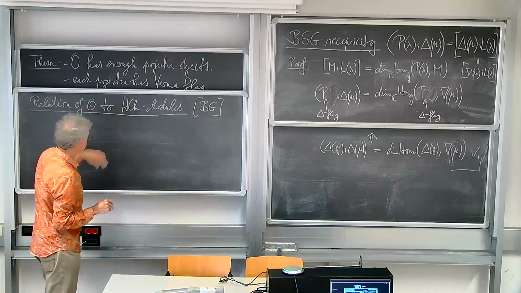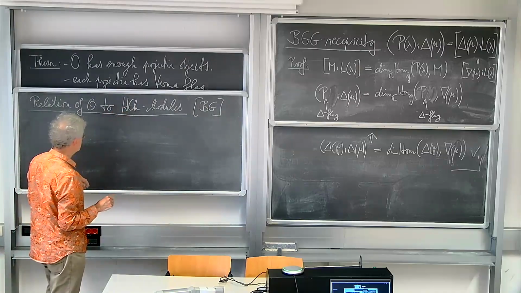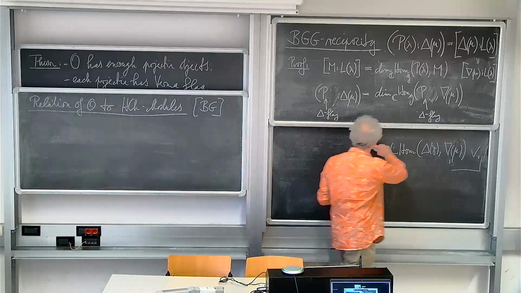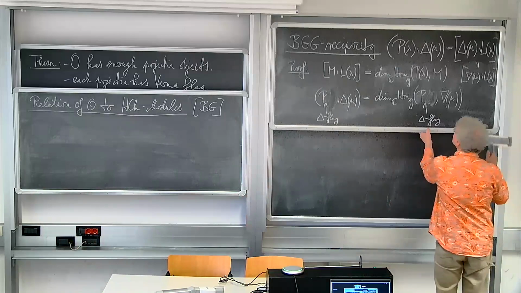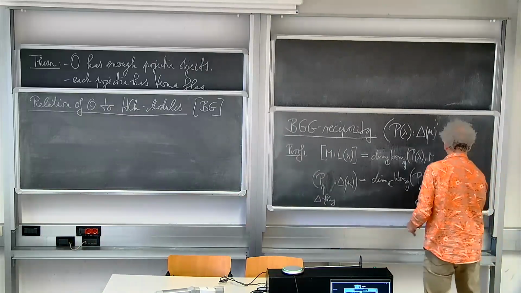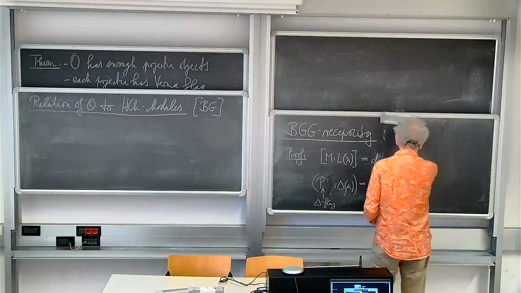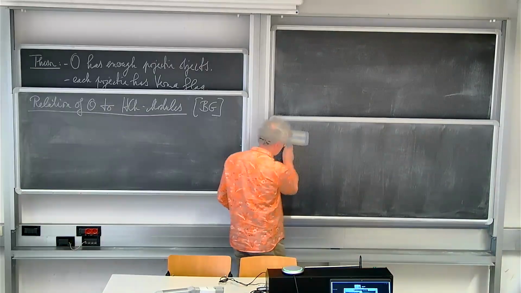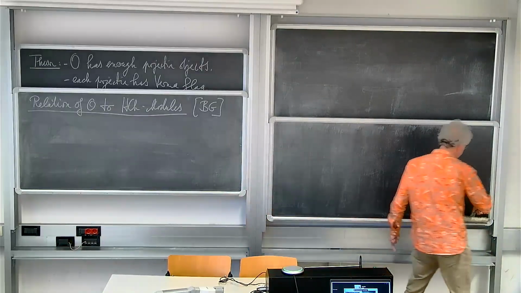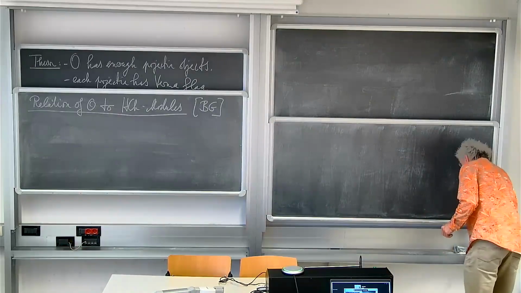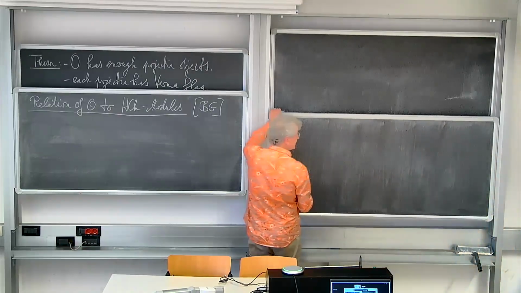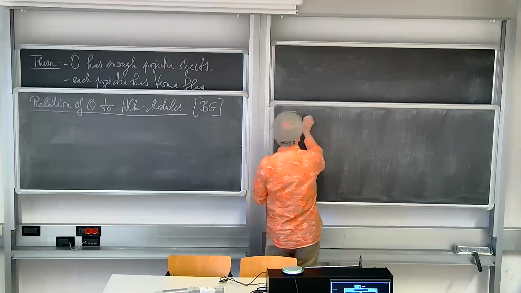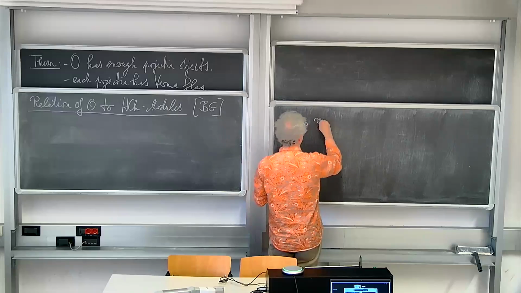I don't want to go into this business too much, but I have to explain a little bit where it comes from. So the general principle is that when you have a real reductive Lie group G over R,